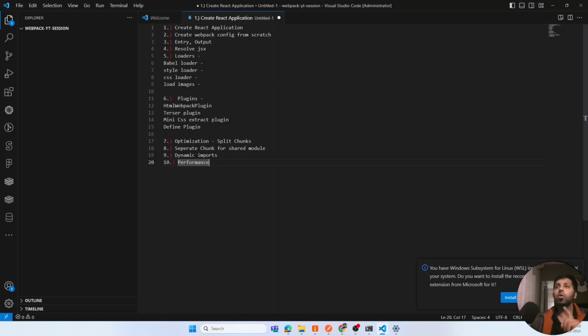So we are going to talk about the loaders, and the plugins that are helpful in Webpack: what exactly the HTML Webpack plugin is, what the Terser plugin is, what the Mini CSS Extract plugin is and why we use it, what the Define plugin is, and how you can do optimization. How you can work with dynamic imports, how you can create separate component-wise chunking, how you can create a separate chunk for your shared modules, and how you can use performance in your webpack configs,